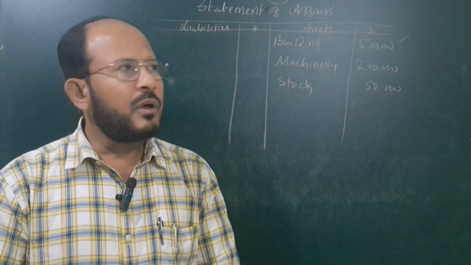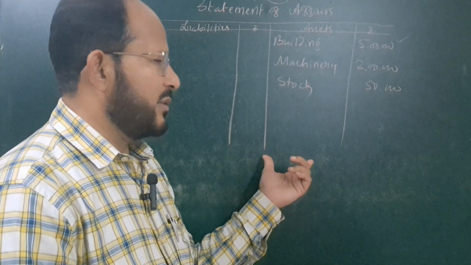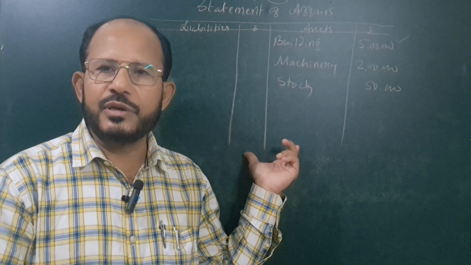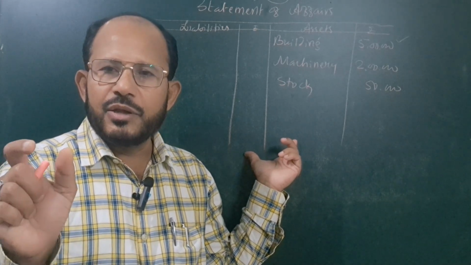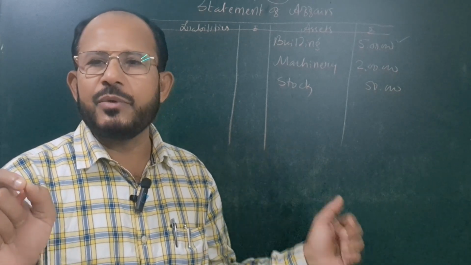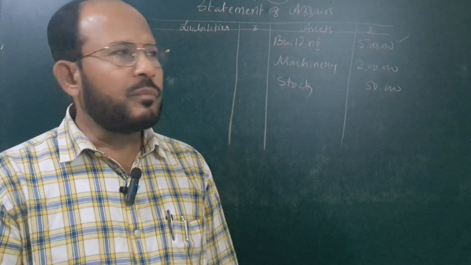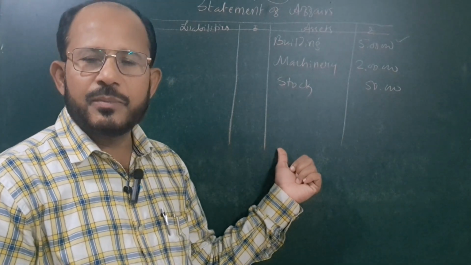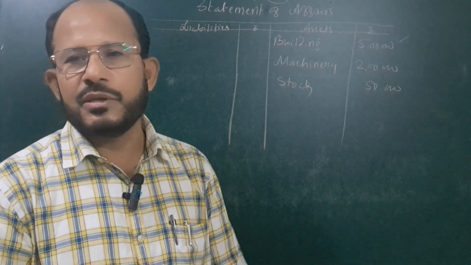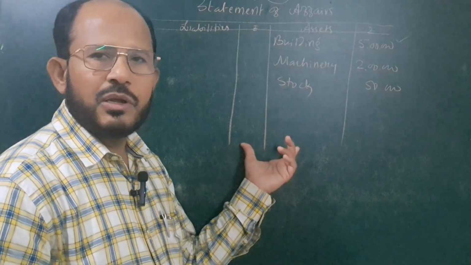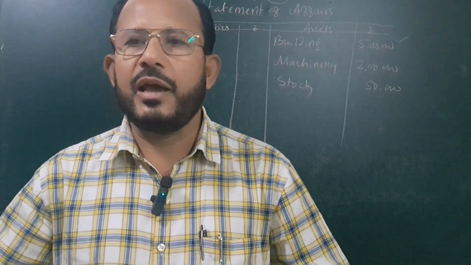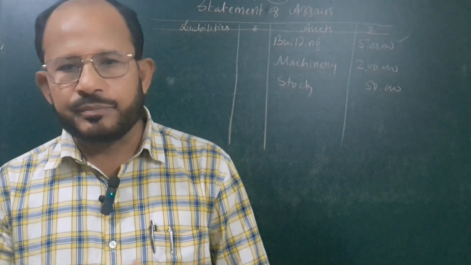Next one is the financial position of the business, which is known after preparing this type of statements. Even the balance sheet is also a statement, but that balance sheet gives the true picture of the business. Therefore, the true financial position of the business can be known by preparing the balance sheet. But here, the statement of affairs doesn't give the clear-cut financial position of the business. Because of that reason, this is called unscientific, and the balance sheet which we prepare under the double entry system of bookkeeping is called a scientific statement.